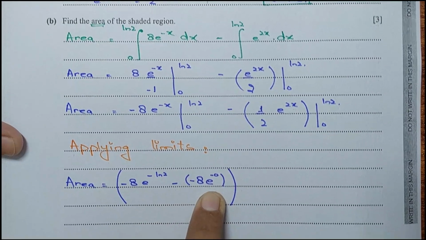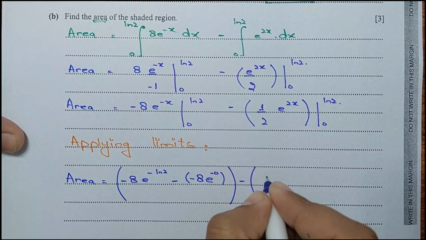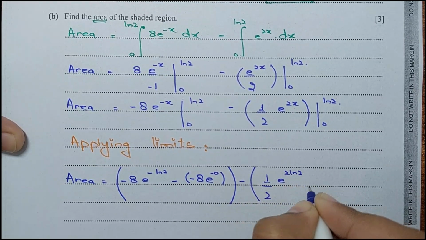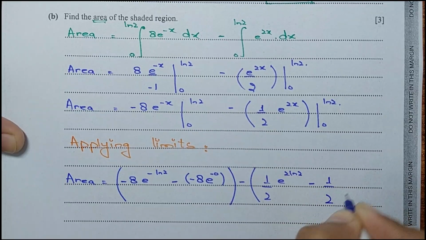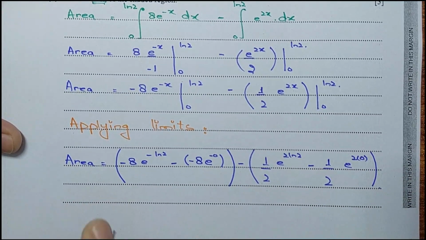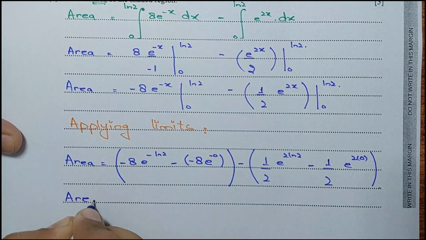Upper limit subtract the lower limit. Minus is outside. 1 by 2 e power 2 ln 2 is the upper limit, minus 1 by 2 e power 2 and 0 is the lower limit. Okay, let me simplify this further. The area becomes,